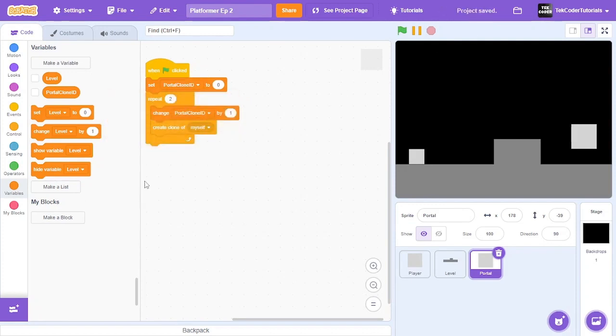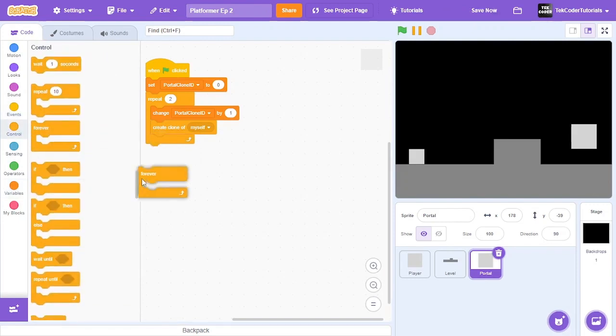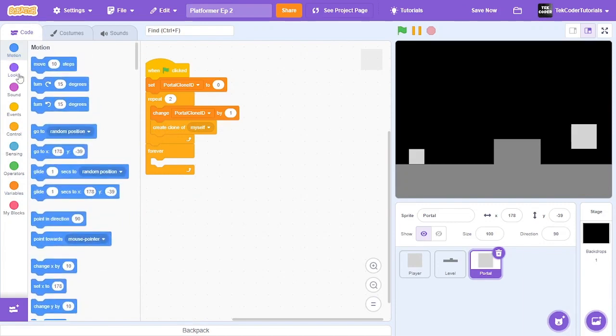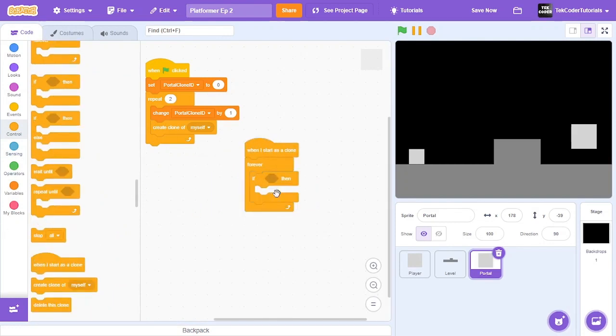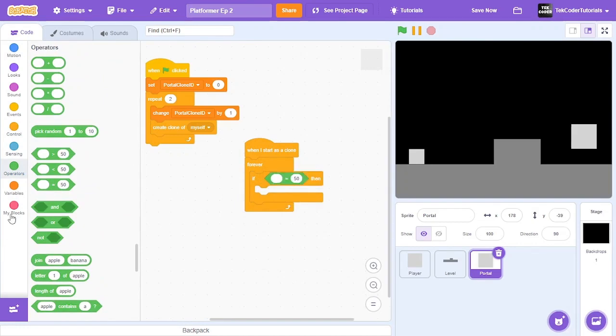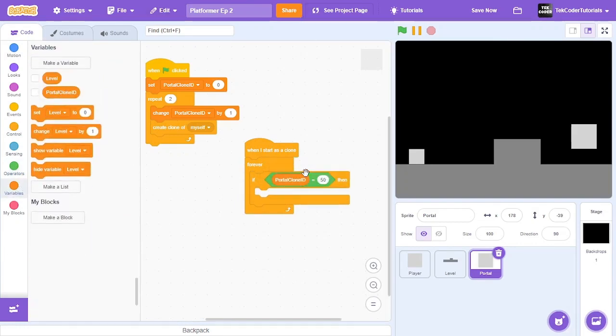And now let's do forever here. Actually, let's do when I start as a clone, forever if portal clone id is equal to 1,